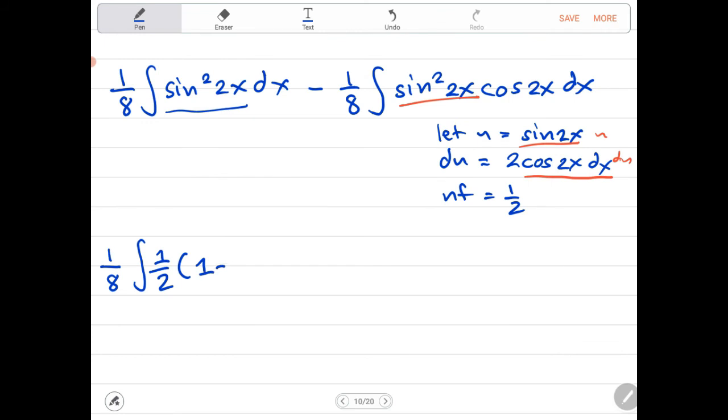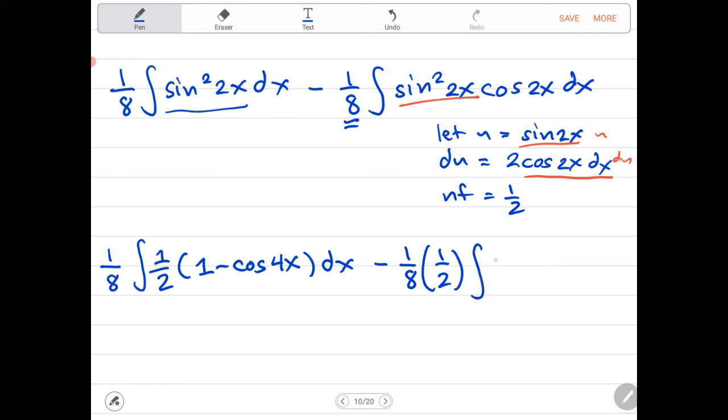So we double it, it will become 4x, since it is already doubled here. So we double again, so it will become 4x dx. Minus 1 over 8, this one, then the neutralizing factor 1/2 the integral of